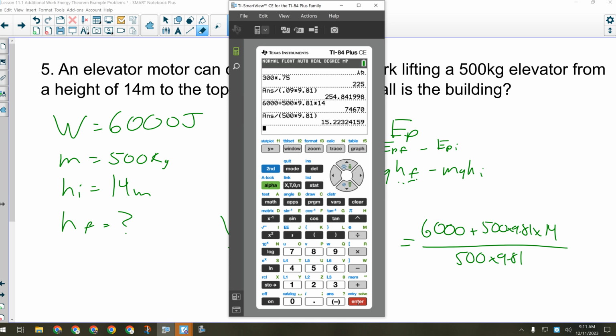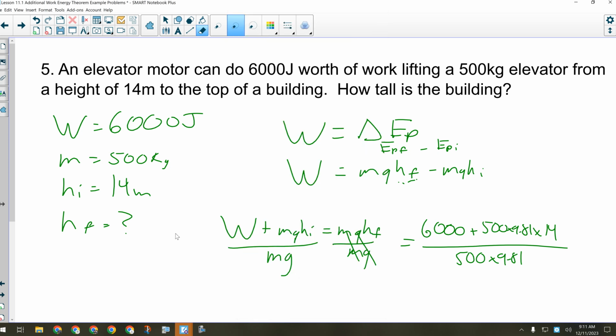That's a small floor. Since we started at 14 meters and only went to 15.2 meters, we didn't go very far. That would be a very low ceiling on that floor, if we only went up 1.2 meters. Okay, so the actual height of the building to 2 significant digits would be